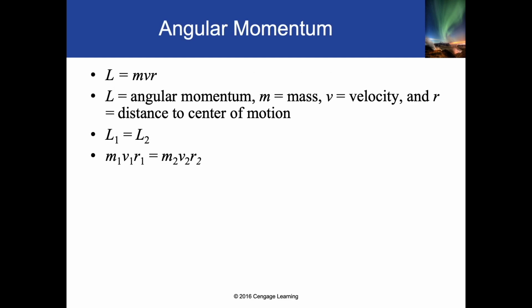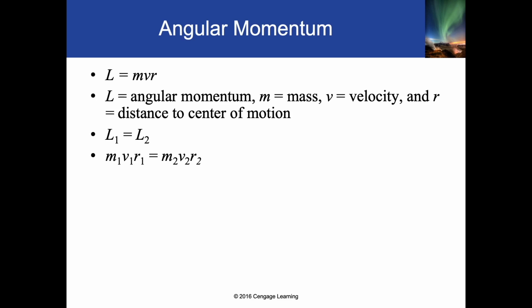Okay, so there's another thing called angular momentum. Angular momentum is just the momentum that goes around in a circle. So big L here is angular momentum. That equals the mass times the velocity times the radius of the circle. Also, since it goes around in a circle, there's not really a left and right, it just goes around. L1 will equal L2,